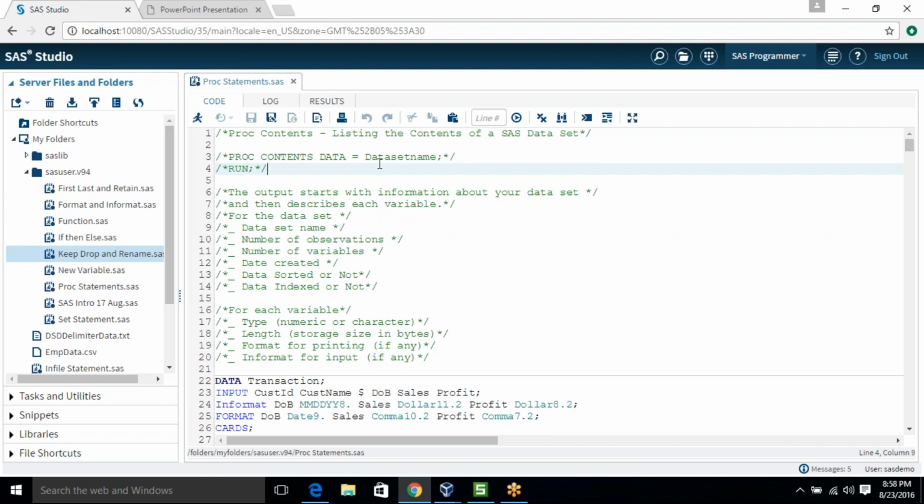So in our previous step, maybe we were creating data sets from internal or external data, or modifying our existing data set, and then creating some new data sets.